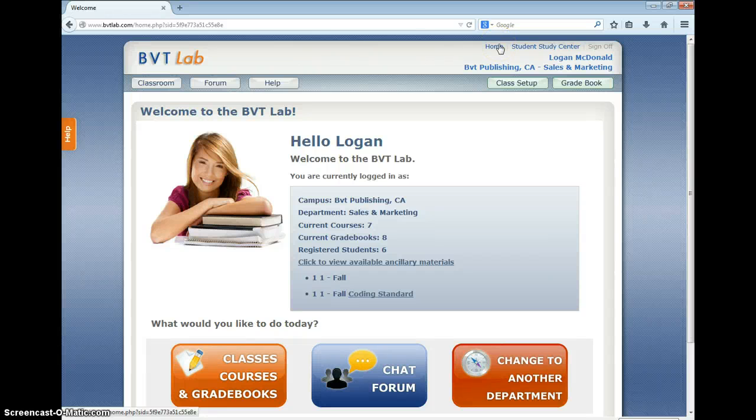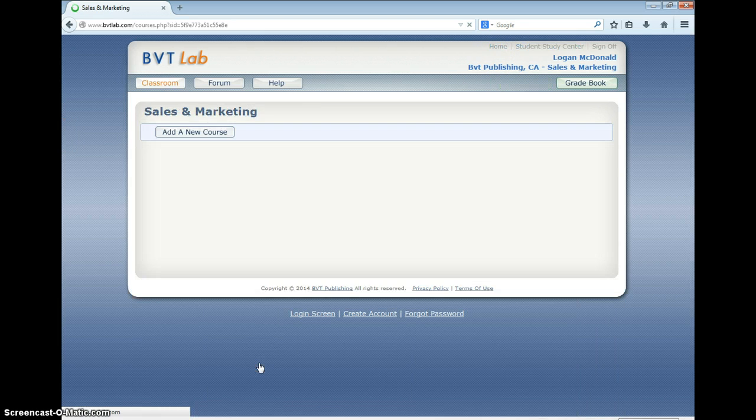In this tutorial, I'm going to show you how to set up your classroom for your first semester using BVT Lab. Once you log in, you're going to want to go in the bottom left-hand corner to Classes, Courses, and Gradebooks, and you'll see that this is your classroom. Currently, we don't have a course, so we're going to set one up. Click the Add a New Course button,